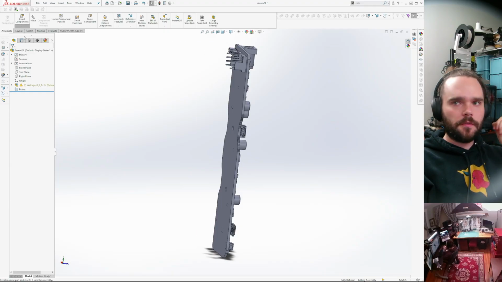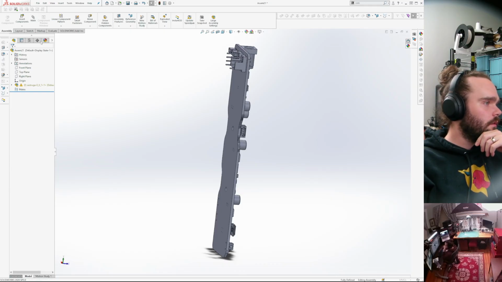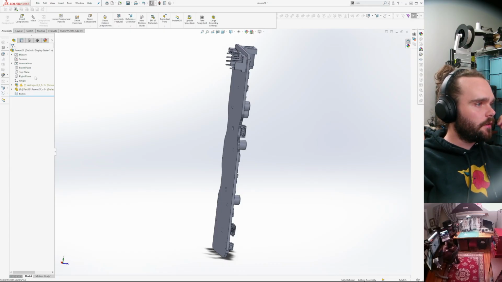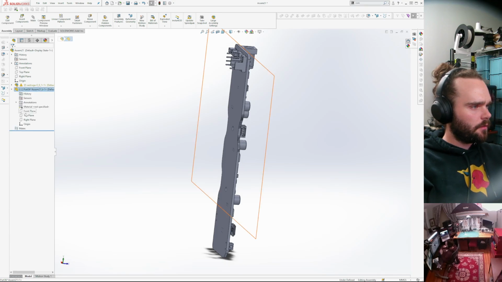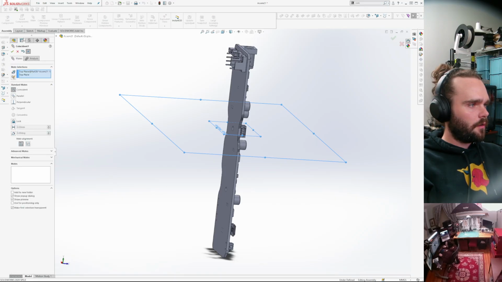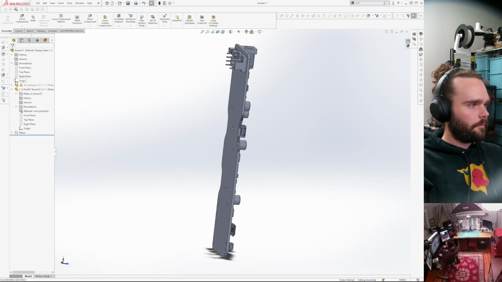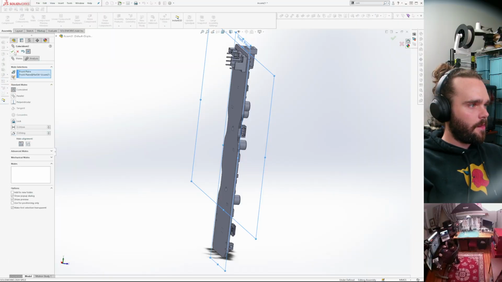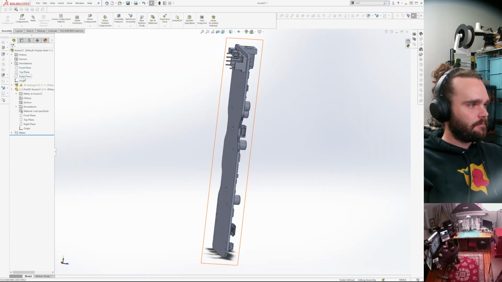I'm gonna do the same thing that we just did. New part. Float. Top. Front.